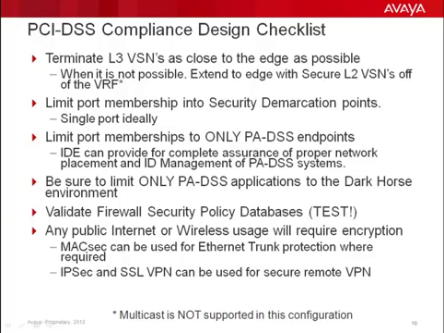Finally, avoid the use of public internet or wireless services within the end-to-end design whenever possible. When this cannot be avoided, use encryption to protect transit data. MACsec encryption can be used to protect exposed Ethernet trunks, and full VPN encryption can be used with IPsec or SSL to provide end-to-end or even branch site connectivity. Be sure to have the IPVPN gateway attached directly to the Darkhorse network topology to ensure that there are no exposed